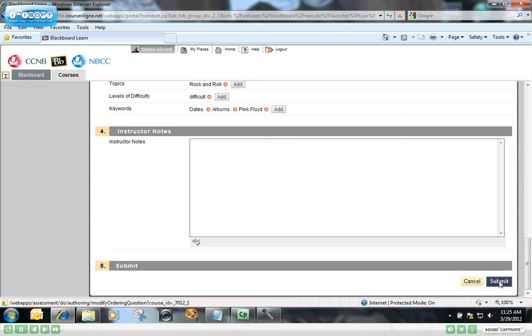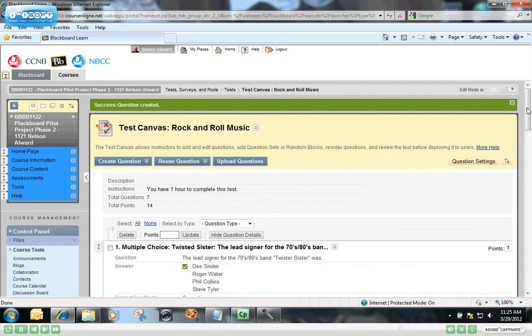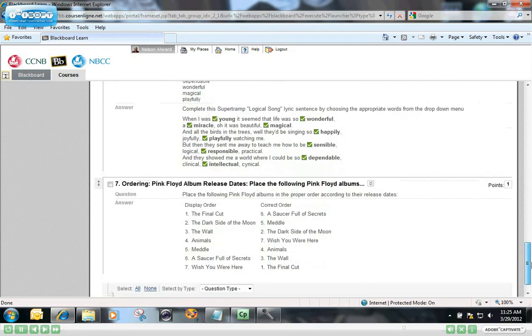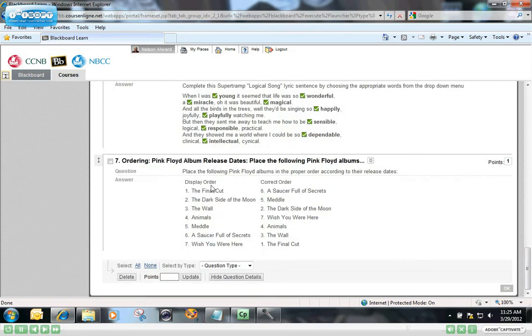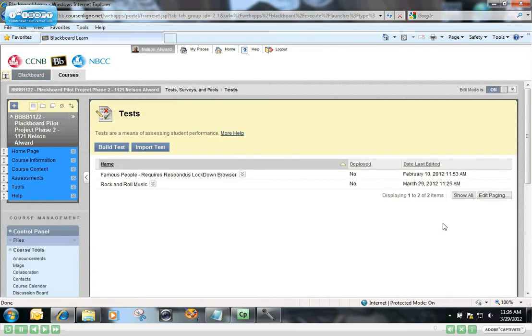I can submit that, and we'll take a look at that question before we carry on. There it is. That's the display order that the student will get them, and this is the correct order, and they'll be asked to number them in that sequence right there. At this point, if you're done working on a test for now, you can say OK and come back to that later, and we'll take a look at that in the next